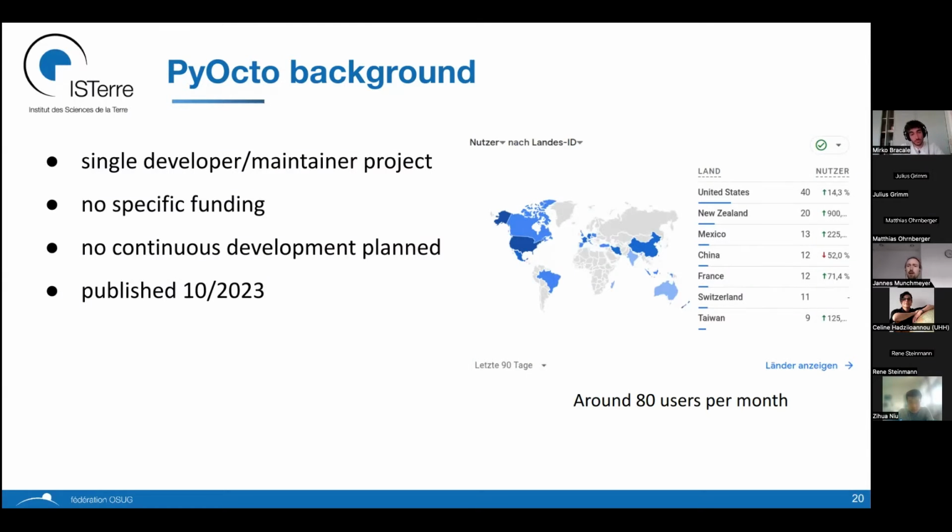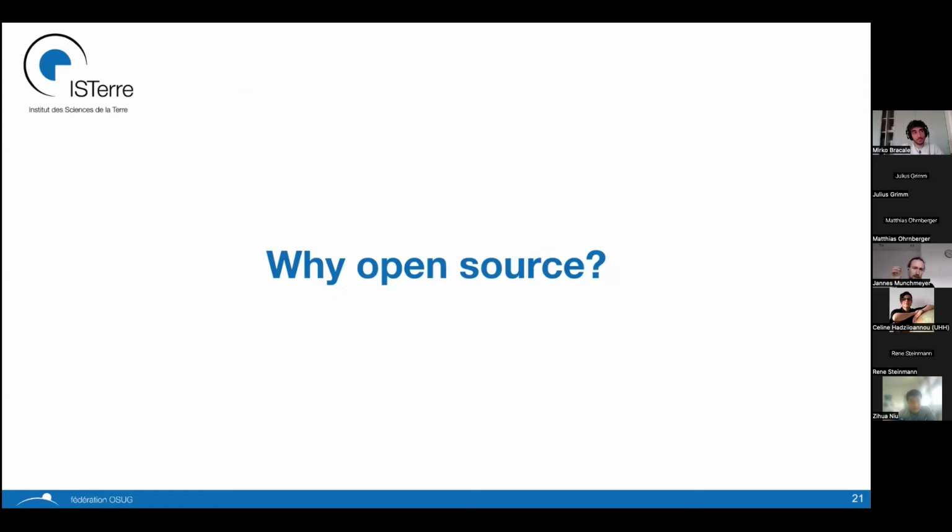And if you check it, the user base, well, it's only 80 active users last month, so much smaller. And the distribution is somewhat similar to what we see for SeisBench, even though clearly not as diverse. So I'm mentioning this because it's kind of the opposite to SeisBench in that it's much, much smaller and not continuously developed in a single development. So that's my background. That's what I do in open source, and that's my perspective on open source of writing and maintaining such software.